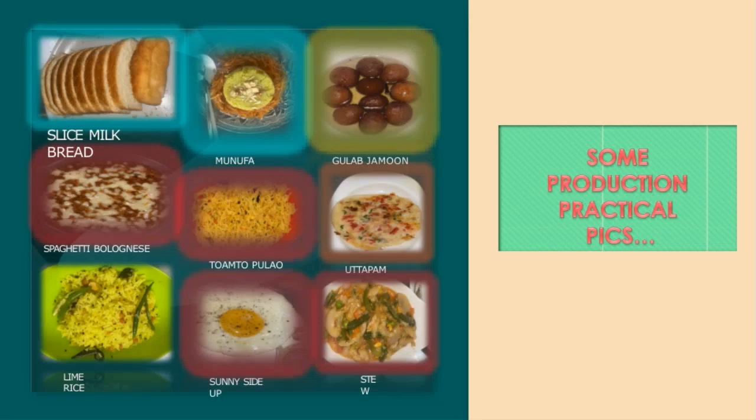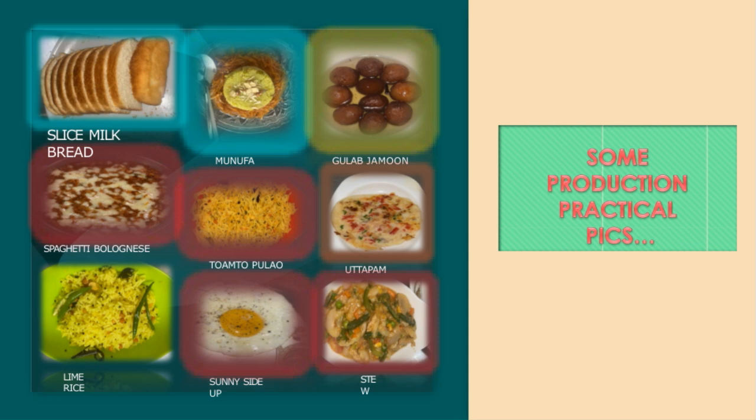Now let's take a look at some of the diverse dishes that showcase a variety of flavors and cuisines. We have stew, which is a hearty, slow-cooked dish full of rich flavors. Uttapam, a popular South Indian breakfast item, is a savory pancake made from fermented rice and lentils, known for its delicious toppings. Then there's tomato pulo, a fragrant rice dish cooked with fresh tomatoes and spices, offering a comforting and